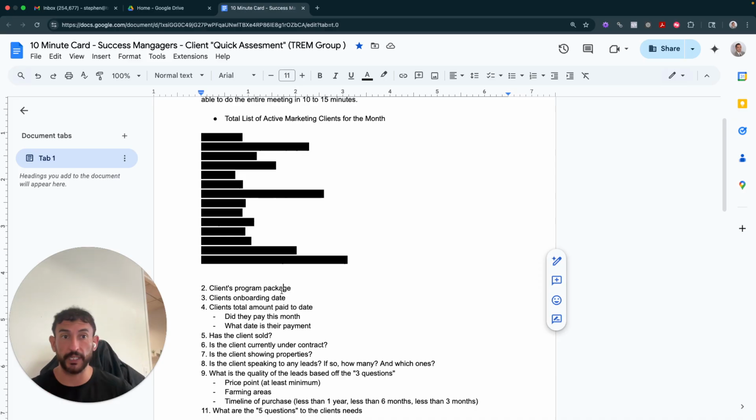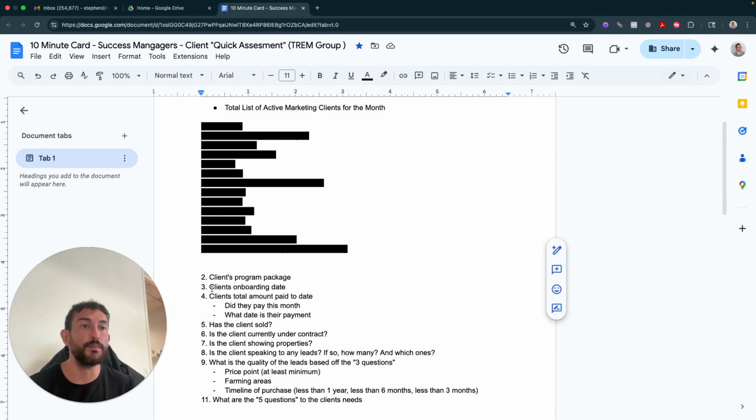Does that include display? I know prior to this, Dominate sometimes had Facebook or Instagram, or we're offering it free of charge. The goal is that even if we're not charging for it, we track what is included in their contract and what are we doing outside the scope of their program, so we understand, hey, we're putting all of this labor and time and effort into your program, also investing into you. So the most important thing is the onboarding date.